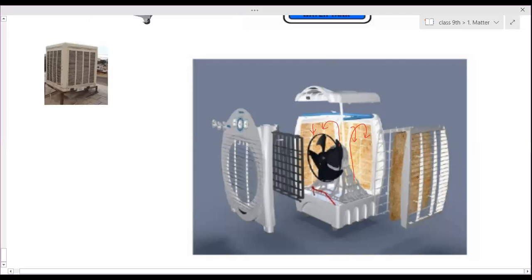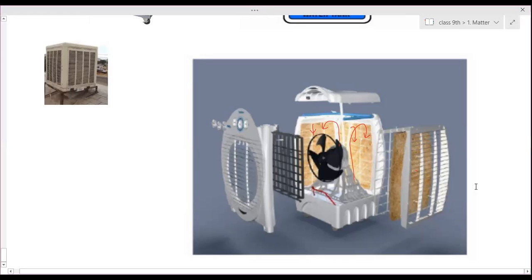It is a ventilated area. From that, the water is exposed and it starts evaporating by taking the heat energy of the room. This is a hot room, so more heat energy is there. The water particles present in the khas, the dry grass, come out. It starts evaporating by absorbing heat energy from the room and evaporates out.